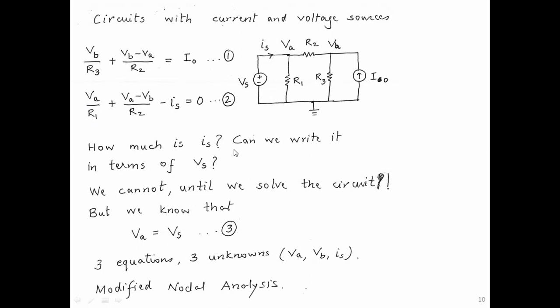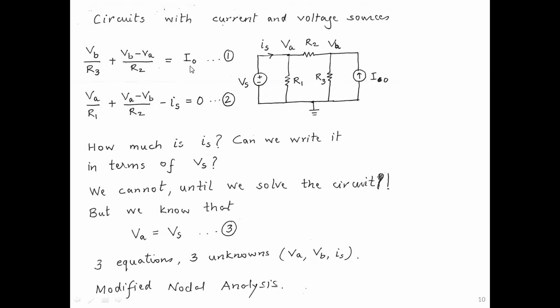In other words, whenever there is a voltage source connected between a node and ground, we know the node voltage at that node, that is simply Vs. Therefore, if we have two node voltages in the n-1 nodes in the circuit and one voltage source, we simply don't write a KCL at the node at which a voltage source is connected. Instead of the KCL, we simply write the value of the voltage itself. And then we have two equations and two unknowns, and we can solve them.